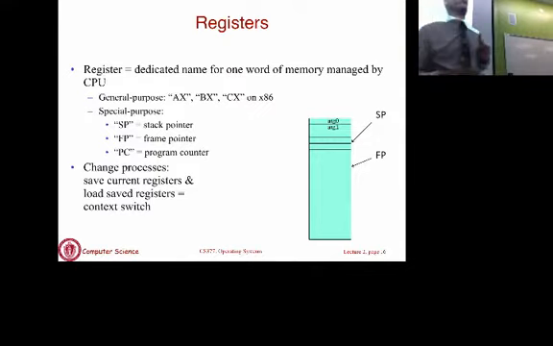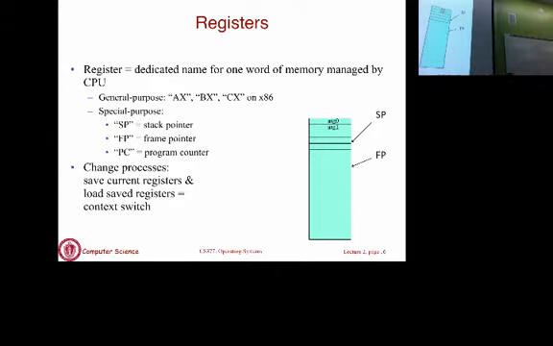Now every time the OS switches to executing some other process, it has to save all of these registers in this data structure called the process control block that I was just mentioning. Because the next time you resume execution of this process, all of those registers have to be restored. You have to go back to where you left off. If you don't save the registers, some other process is going to override those values and they will be lost forever.